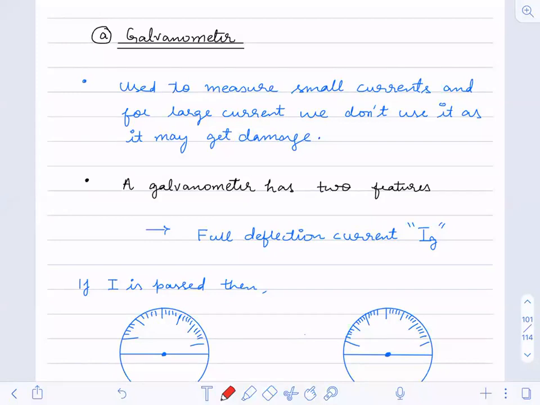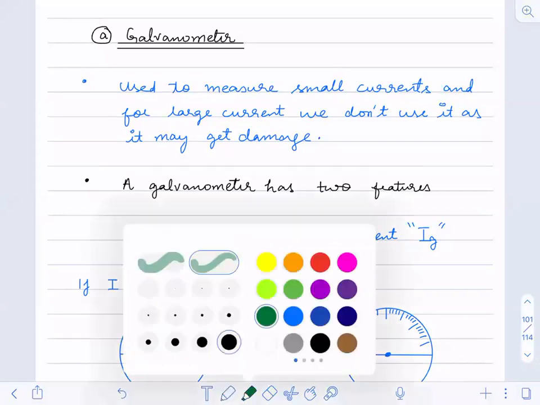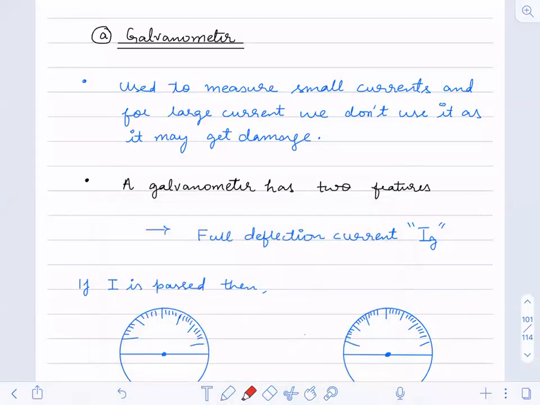Okay, so what is the use of a galvanometer? It is used to measure small current. A large value of current you will not be able to measure with the galvanometer. Why? Because of the coils that it is having. It is not having a very high-end coil. It cannot bear that much current or heat. So we can only measure a very small amount of current passing through it.